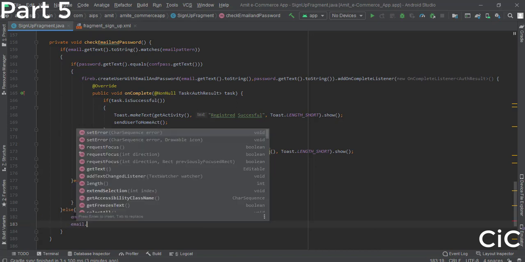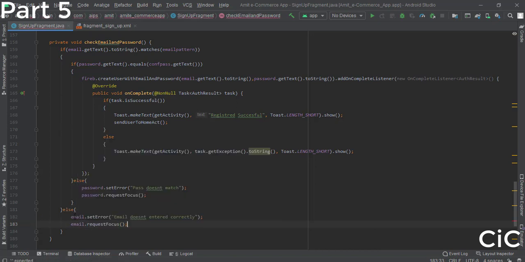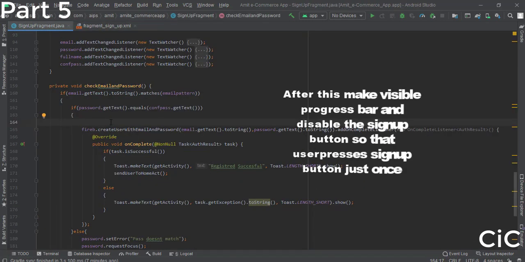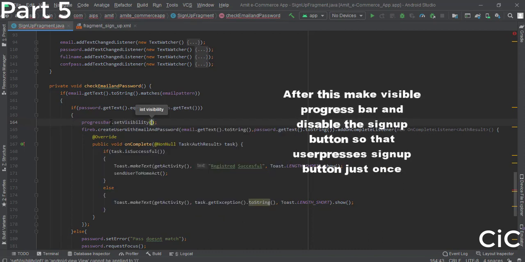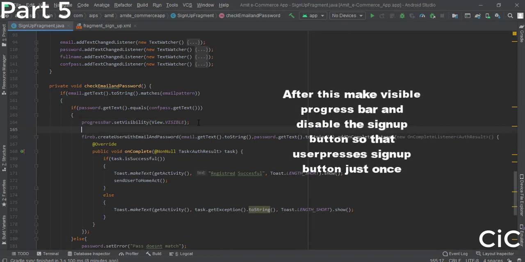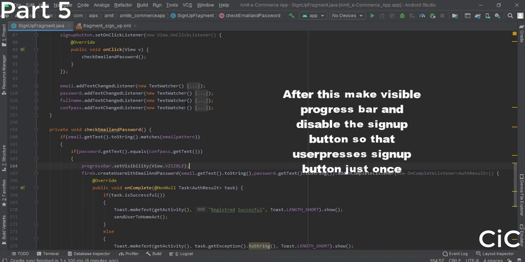So email dot request focus. Now the progress bar here, let's enable it. So progress bar dot set visibility, and we will make it visible. Okay, and now let's disable the sign up button.